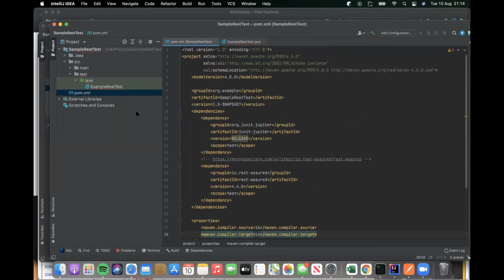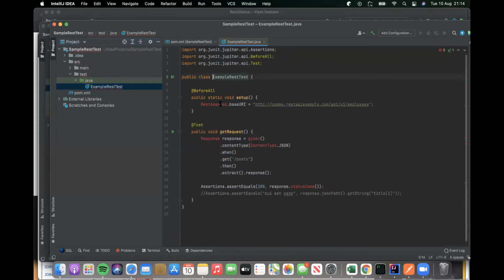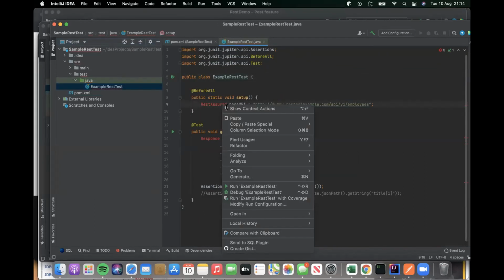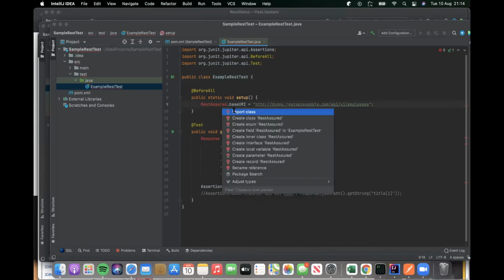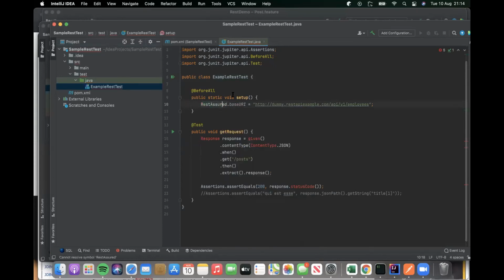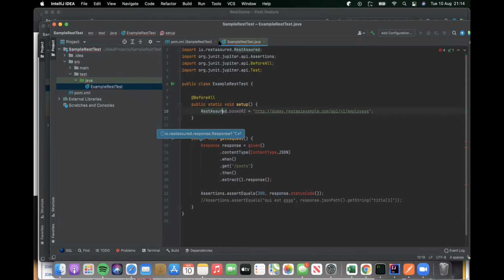So since we've added our Rest Assured library, what we need to do is import the class to this place. Import the class. Yeah, so it's imported the Rest Assured library, and everything we are doing is Rest Assured. So we just need to import our class: RestAssured, Response, and for the given,